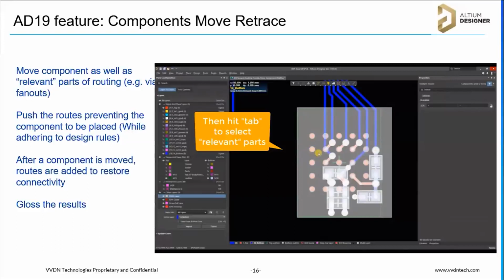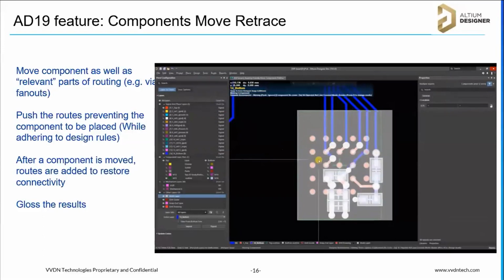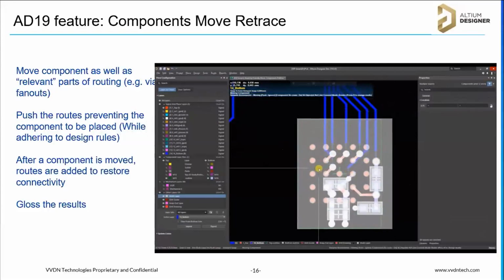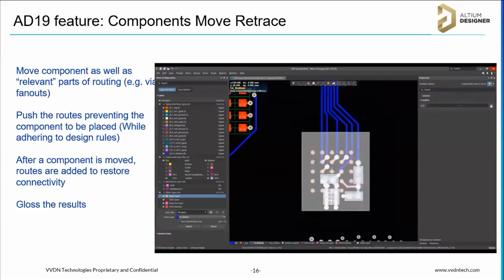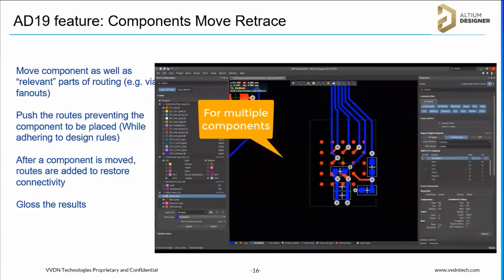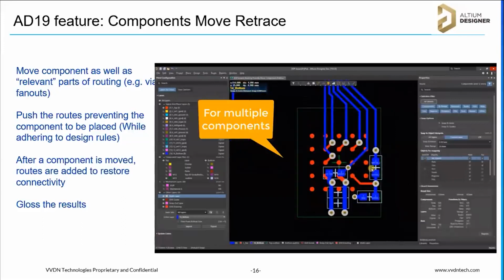But if you are using this component reroute option, if you move the component, it will automatically complete the routing. It will reroute it. You can see it in the video on the right side. If you move the section, it will automatically complete it. So you can use this component reroute option, and you can save your time.